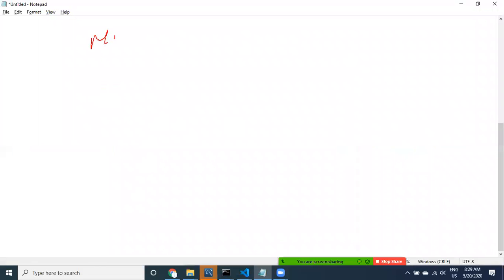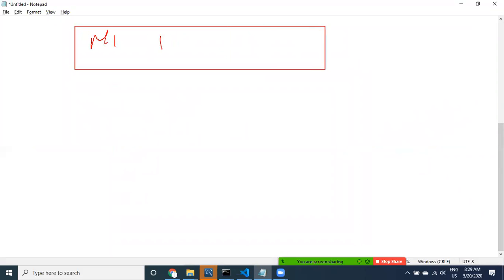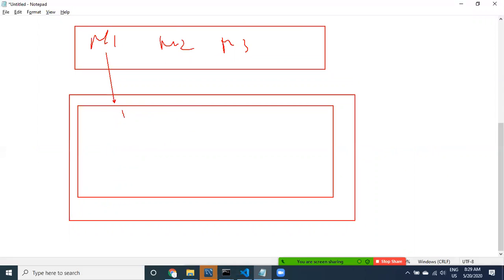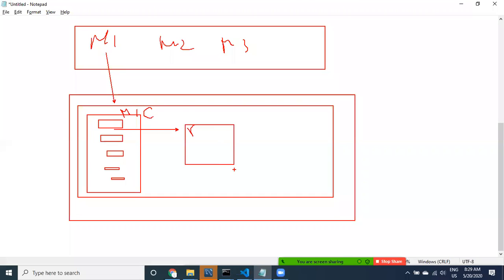If I click on M1, this is menu item 2, menu item 3, right? If I click on a menu item, what happens? This is a router outlet. The menu item is going to be displayed. Menu one item has a left menu. This is the information inside menu one item. Menu item one component is displaying, right? The one component item has a router outlet, again a sub router outlet.